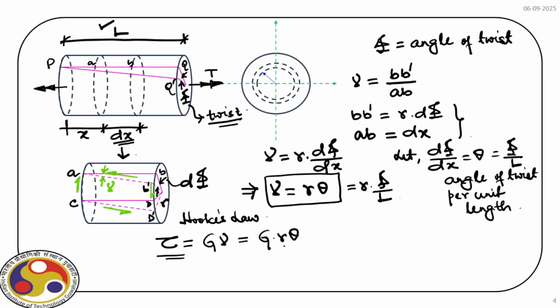as we move away from the center, so if this is the center and the radius is say r, so if r equal to 0, then tau equal to 0, and as we move away from the center, we have more and more shear stress, which is maximum at the extreme end, that means at the extreme fiber. So first information, we get the shear stress distribution over this cross section, and if we draw that